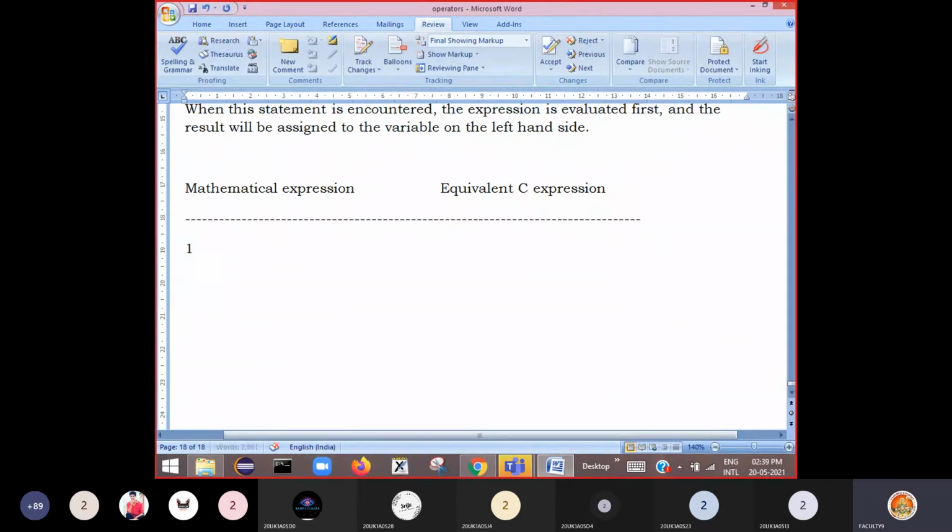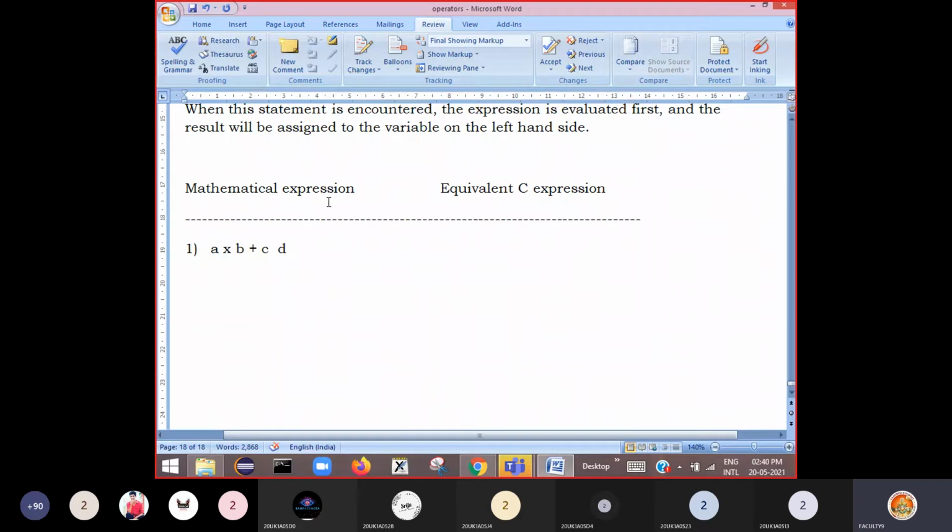For example, in mathematics we write A into B plus C by D, C divided by D, like this.